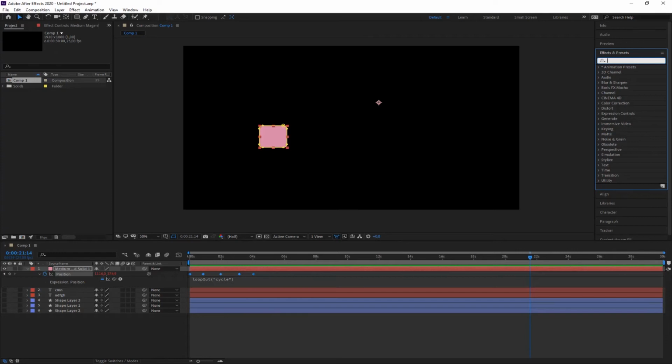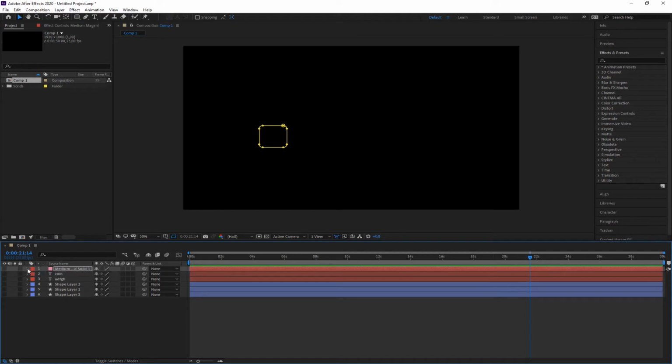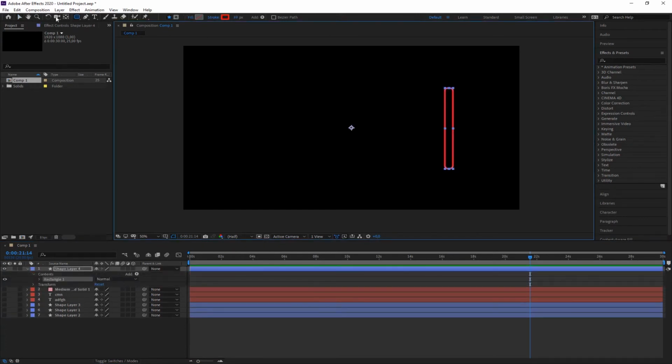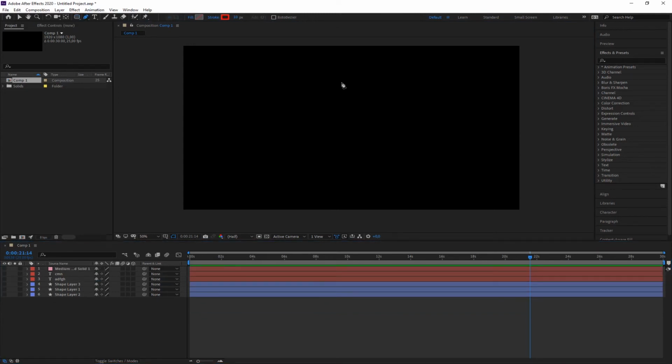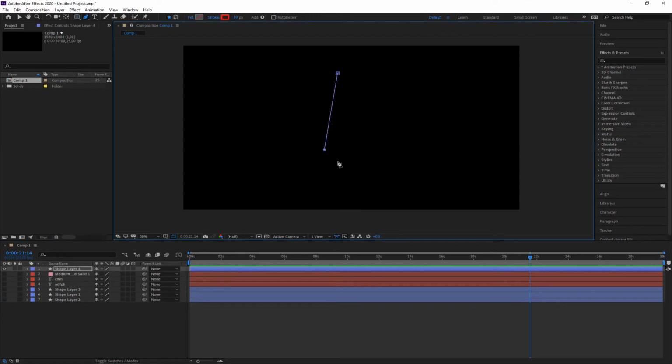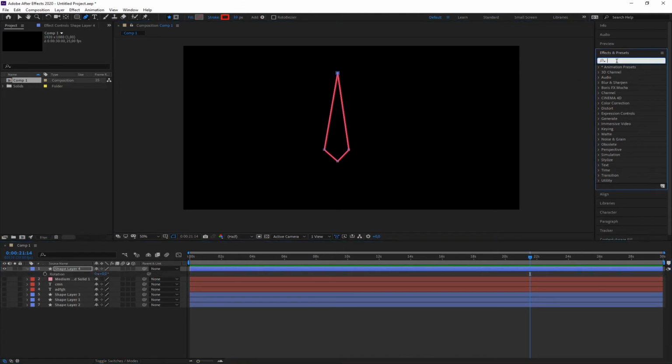Okay, the next expression, or it's actually not an expression, I guess. It's a simple trick to animate a certain value, and we use a slider control effect. Let me turn off my animated object here, and let's do something else. I'm going to do a simple object, like an arrow like this, okay? Now, what we're going to do is we're going to place a slider control